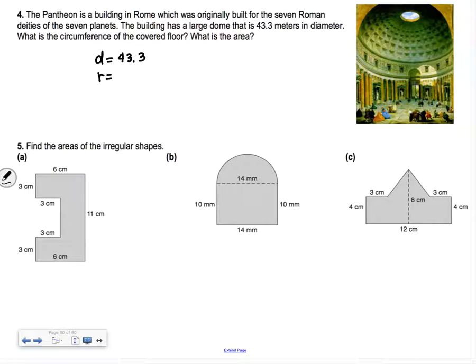So our radius is going to be half of that. So if I take my 43.3 and I divide by 2, I get 21.65. So I divided by 2. So the circumference is 2 times pi times r, or pi d. So if you just wanted to do your 43.3 times pi,